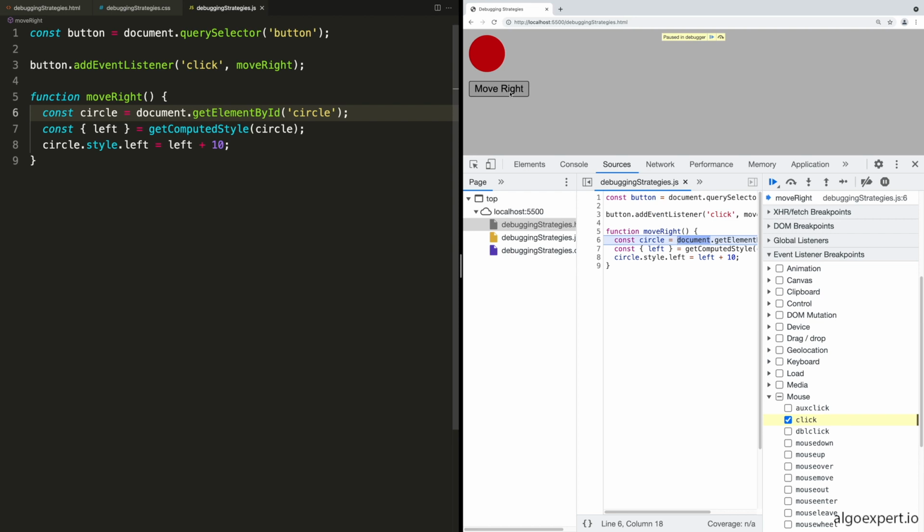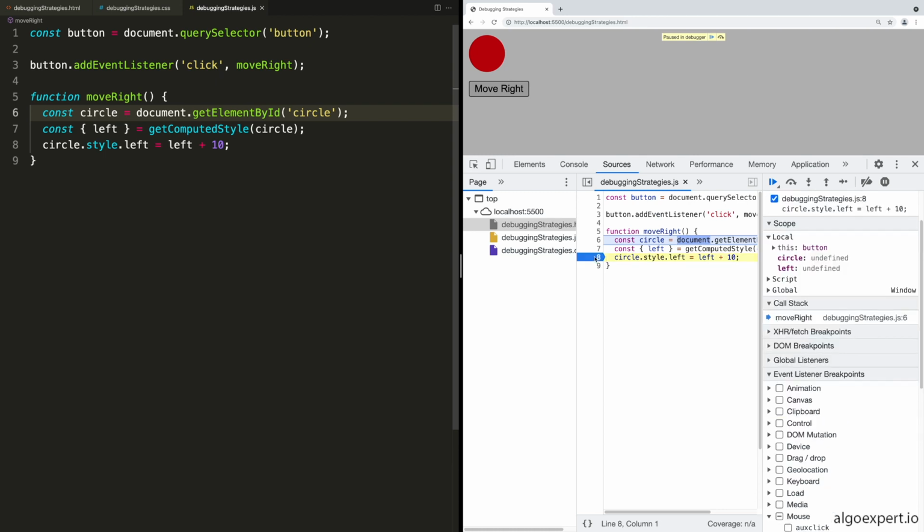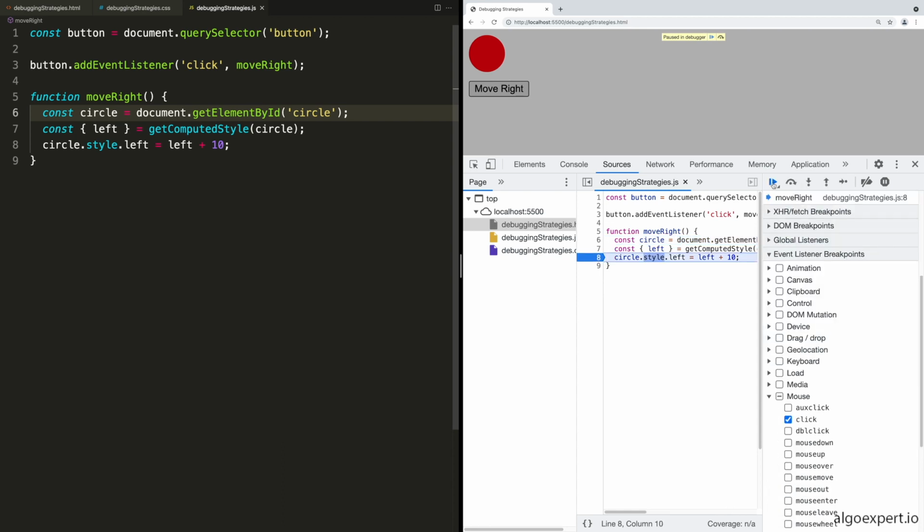And now additionally, if this function was much longer than it is here, and we knew that we just wanted to get to the end to see what all of the different values were, we can actually add a breakpoint manually. So we can click on any of these line numbers, and this will add a breakpoint. So we added a breakpoint to line 8, and we could run the code now, and it will stop at the next breakpoint. So we skipped all the way down to the next breakpoint,